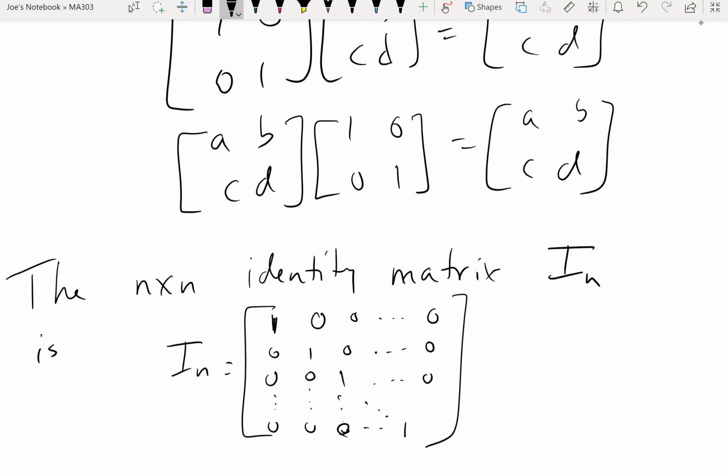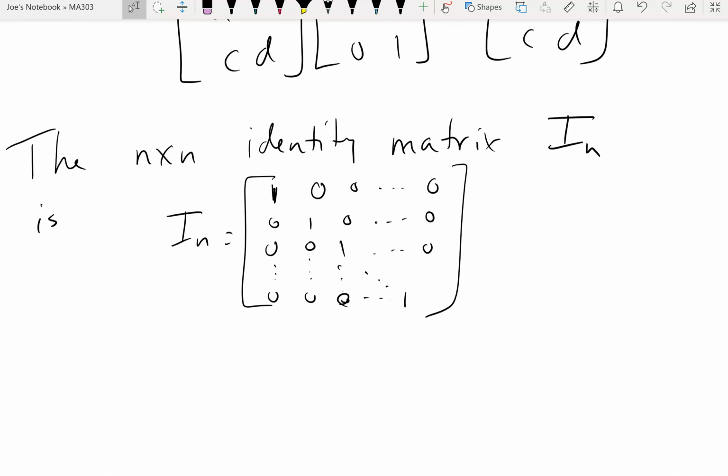They also give you definitions later on of what are referred to as upper triangular matrices and lower triangular matrices. Upper triangular would be that all your non-zeros are up here. Lower would be all the non-zeros are down here. We'll talk about those later. But this is an example of a diagonal matrix by what its shape looks like. Again, it has to be square. So I know that not only is this upper left-hand corner a 1, this lower right-hand corner is also a 1. Okay? If I were to write this out with general entries,